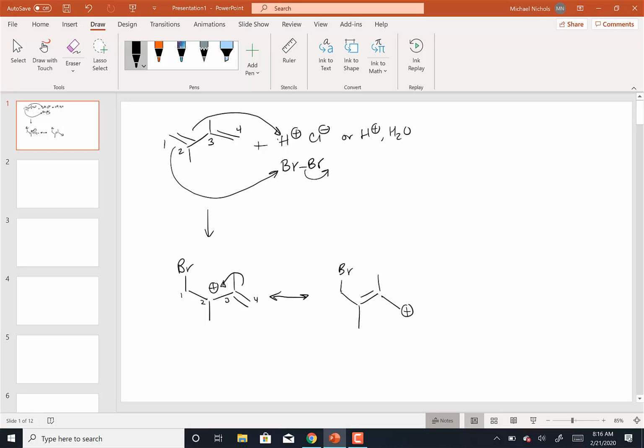Then the Br minus is going to come in and add to each of the two carbocations. So Br minus adds to this carbocation, Br minus adds to this carbocation, so that the 1,2 product is formed, and the 1,4 product is formed. Okay, this